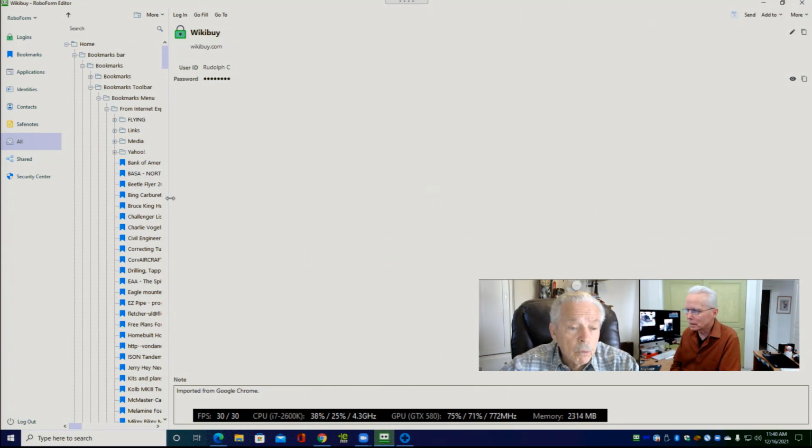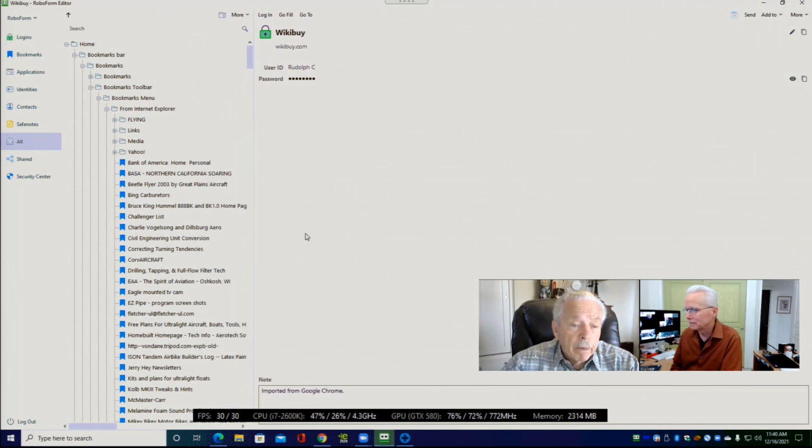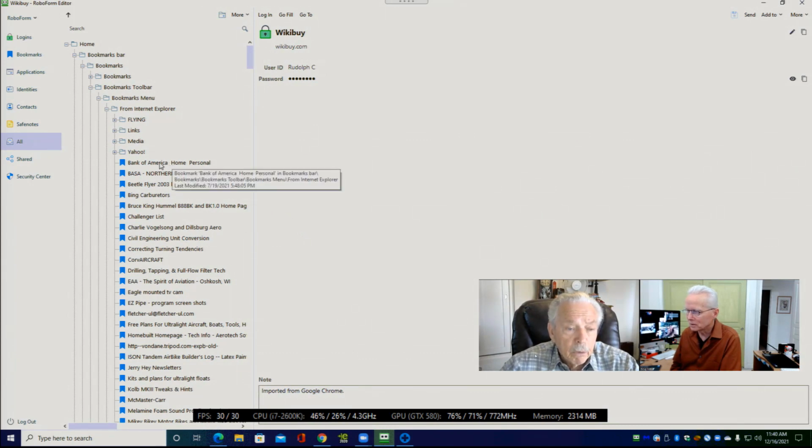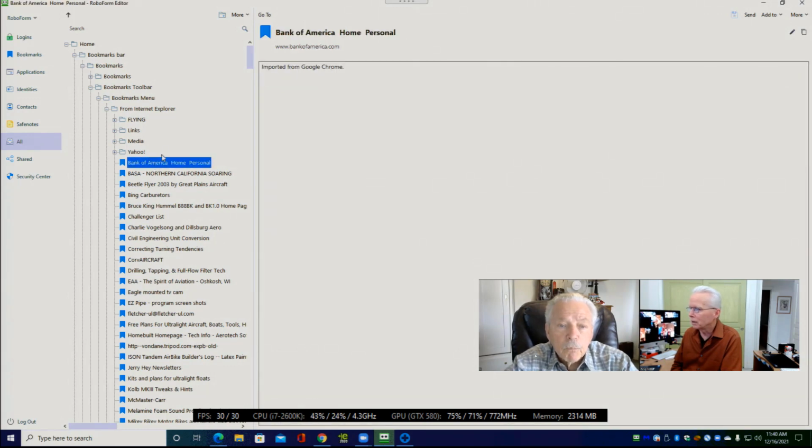Now, what site do you think we could go to that you actually have an account? I go to my bank account all the time. Okay. So on a day-to-day basis, and I think it wants me to tell RoboForm to save the password and what have you. All right. So we're going to see what RoboForm gives us as far as ability to get there from here. Single left click here, and it's telling us this was imported from Google Chrome. That's where it knows it's from.